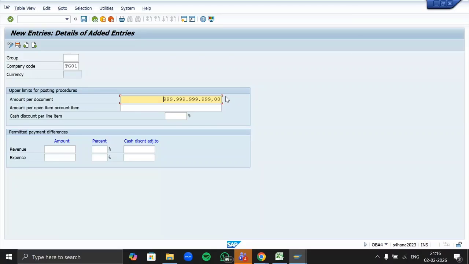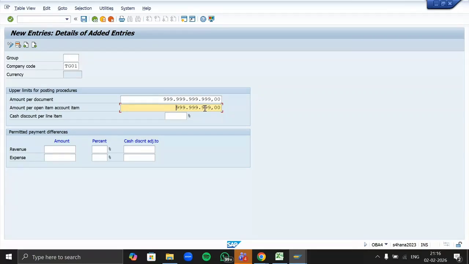The checker person has just a limit of 1 CR, so that person cannot verify the transaction which I have made. That entry will pass to another person who has a right to post up to 2 crores. So this is what amount per open item, account item is. Here also I'm setting the maximum limit. It depends on you what value you want to set the limits to.